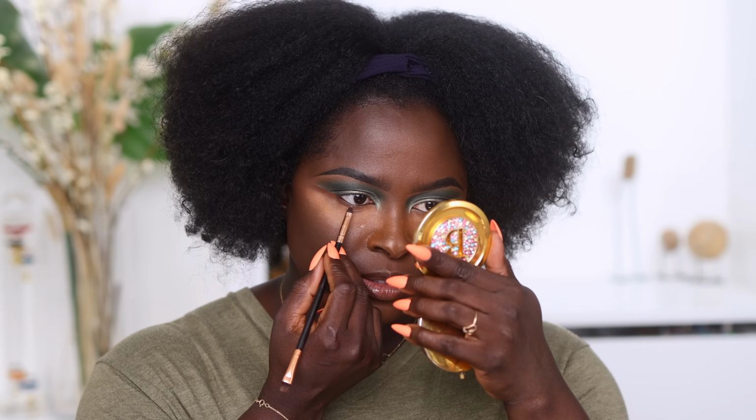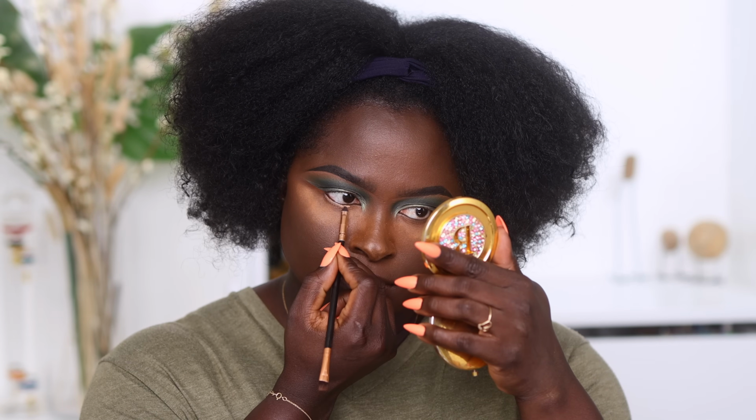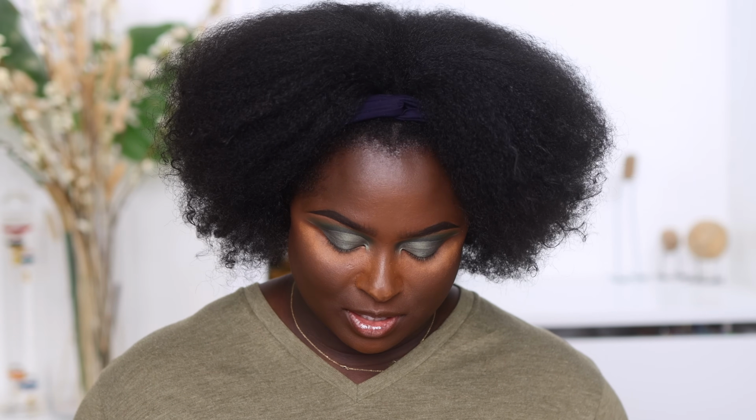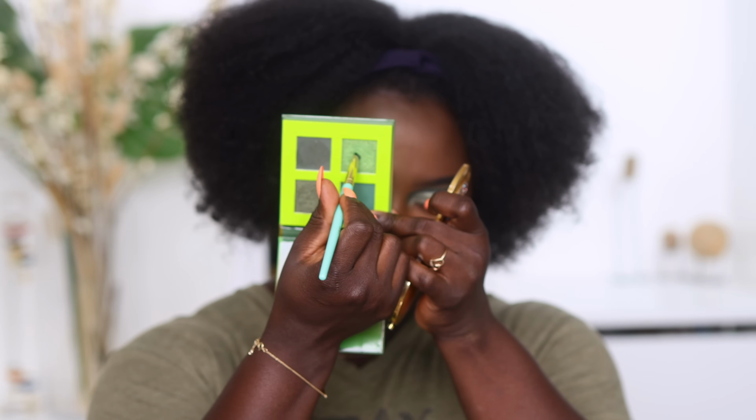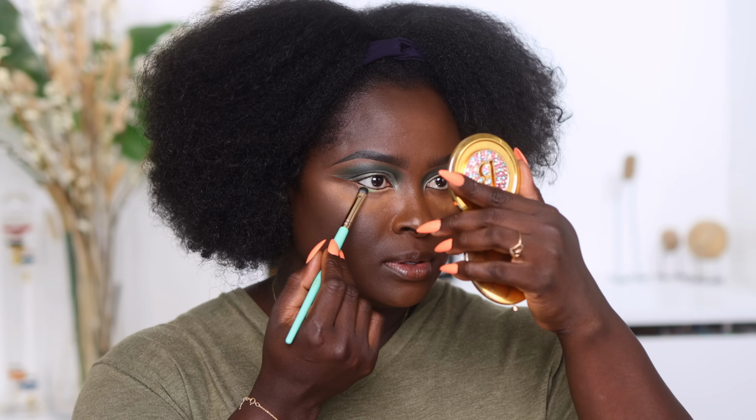What I'm gonna do is take some of our Eye Prep Eye Prime in the shade number 2, and I'm gonna place that directly on my waterline. I'm using the Juvia's Place brush. I'm gonna clean it off on this Sigma Switch matte. I really like the matte. I really like the switch. It keeps my brushes very clean. I'm taking this shade, okay, and I'm gonna place it directly onto